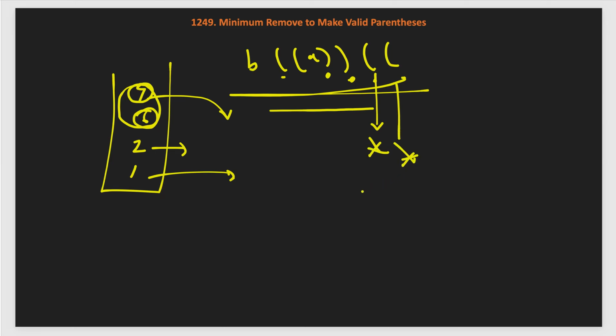And after that we will build our result string using a string builder, and in that we just keep adding all the characters except the case where the asterisk is already assigned. In that case we will not add it. So, the final string of this will be B open open A then close close, that is it.